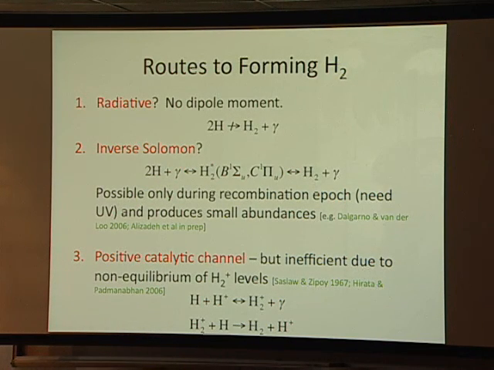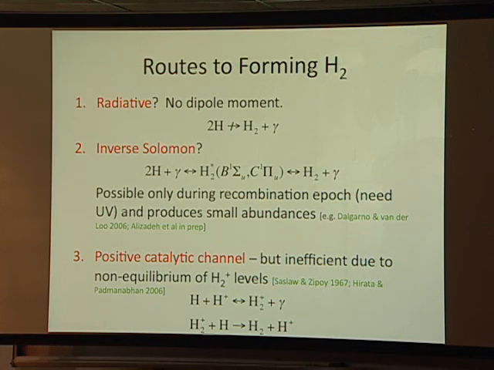Of course, that equilibrium abundance is tiny. And as hydrogen recombination proceeds and a spectral distortion builds up, there are all of those Lyman alpha photons and so on. This reaction, well, it's not obvious which direction it's going to go because there's a UV photon on each side. But Esfandiar, who's a visiting student here, actually did that calculation. We're working on writing it up. And the answer is you don't produce any significant amount of H2. So that's not going to make very much in the way of early molecules.